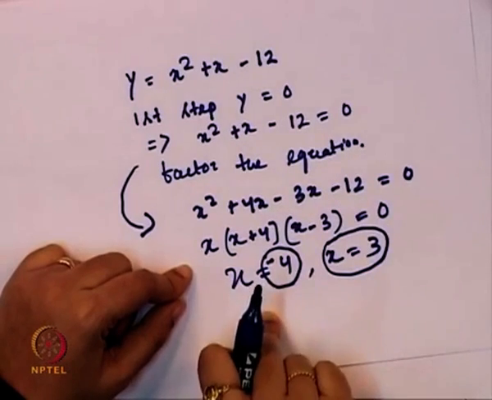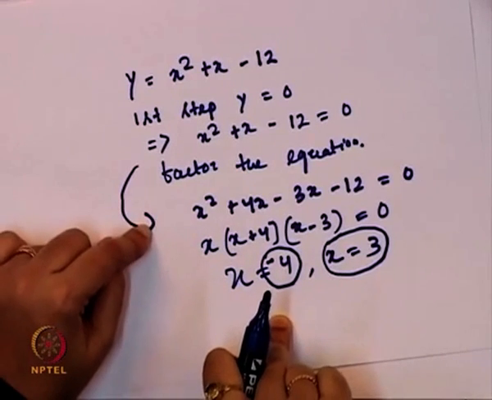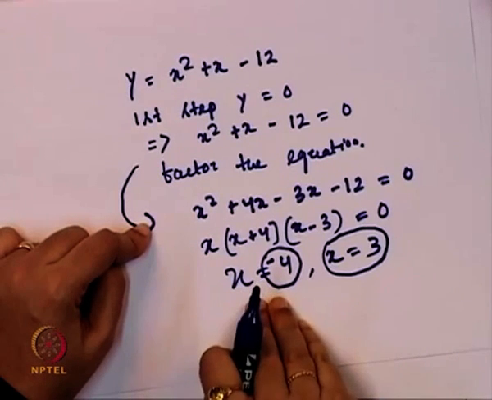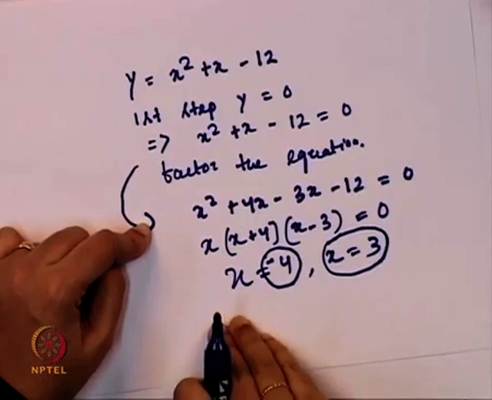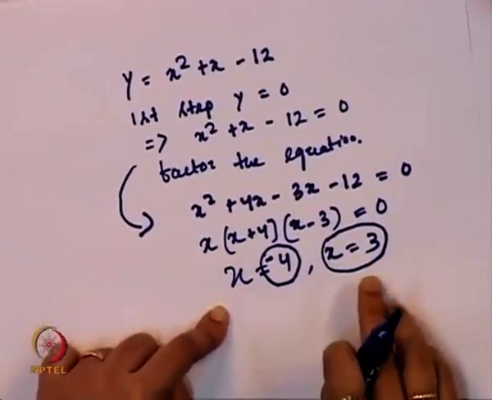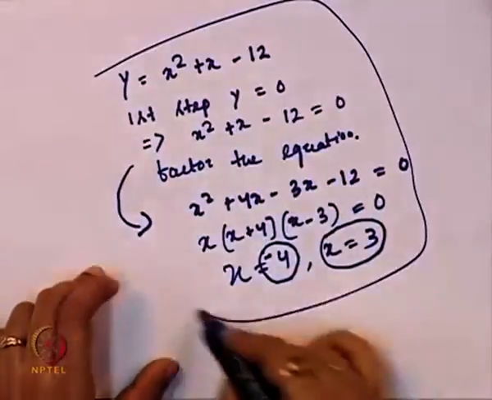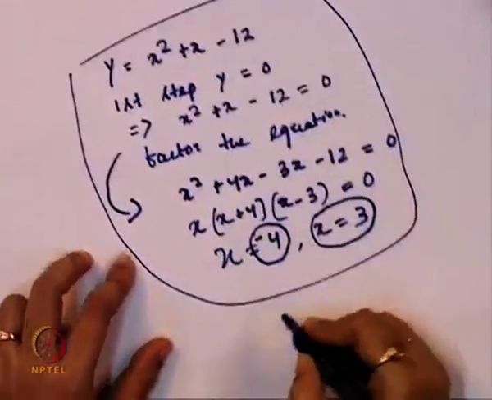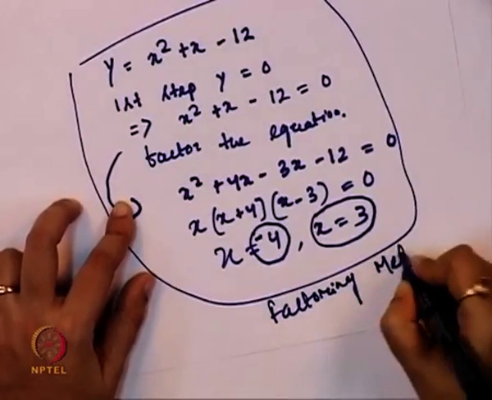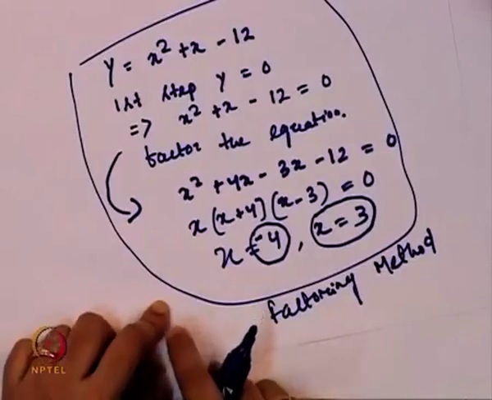So, even if we are getting two values, one is minus and the second one is plus, typically since we are applying this in an economic analysis, there is maybe no significance when we get a negative value of any variable. So, that is the reason we are ignoring the first value of x which is minus 4 and we are going with the second value of x which is equal to 3. So, this is the solution of a polynomial function by using the factoring method.